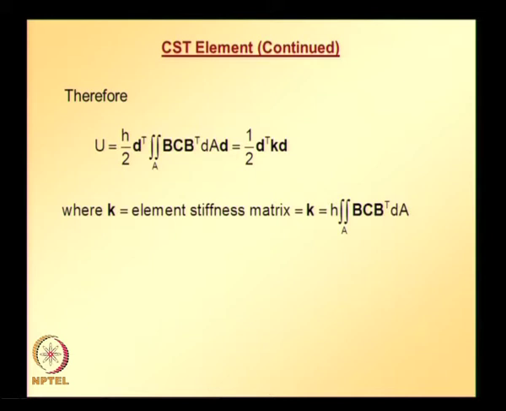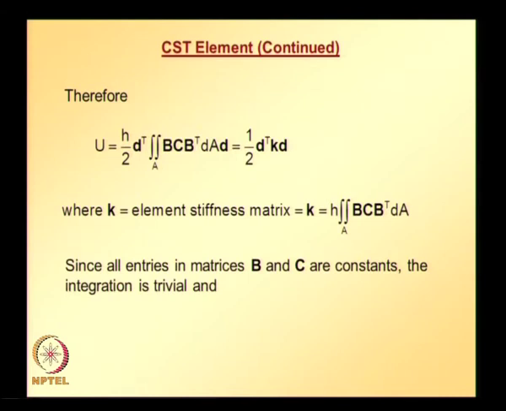And if you notice, the B matrix, that is the strain displacement matrix for this particular element, the 3 node linear triangular element, is a constant, it is not a function of spatial coordinates, and if the material properties are also not functions of spatial coordinates, then the C matrix can also be pulled out of the integral. Finally, this entire thing